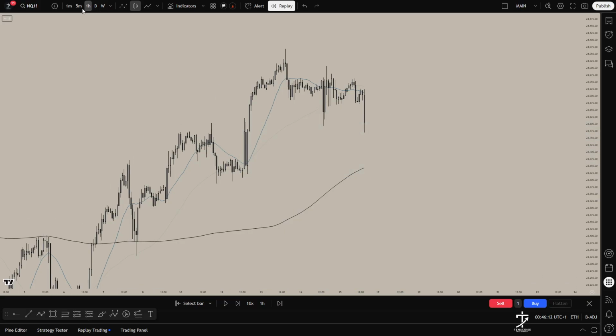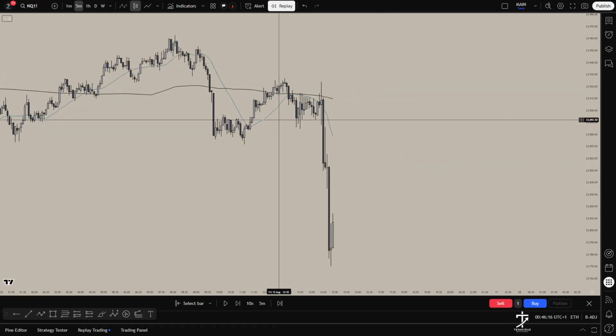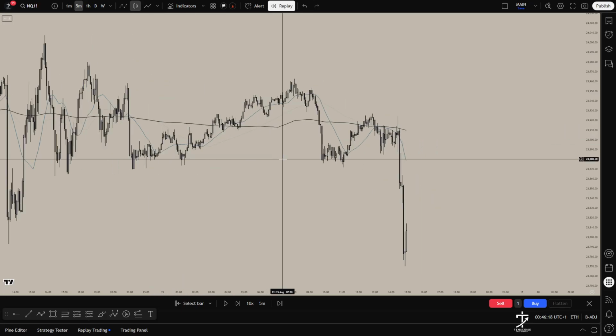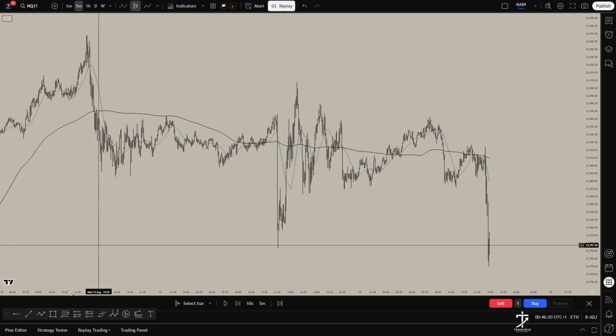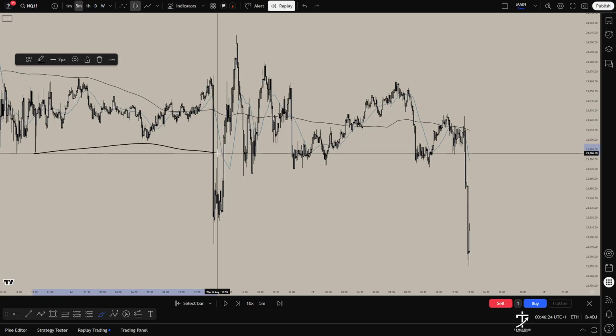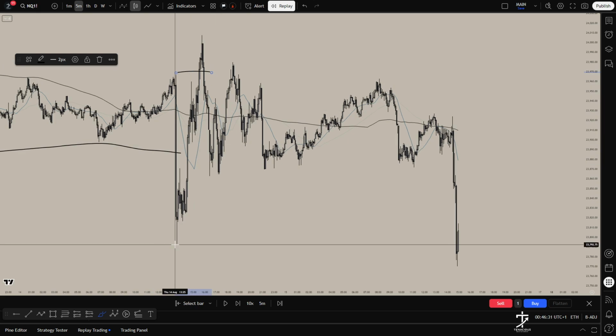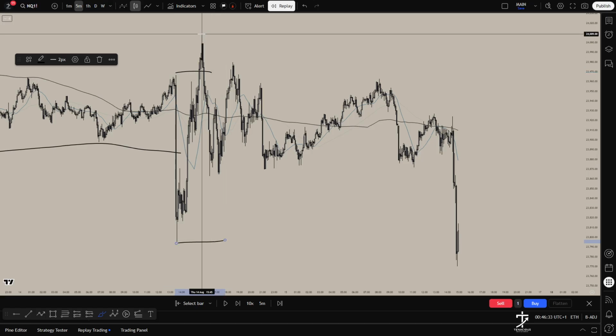So when we head down to our 5-minute chart, we can actually see that price is actually bearish based off my SMA, but also based off structure. So we can see what's happening now. Price is taking out this low, then we ended up taking out this high. So now we're technically trading from this low and this high,